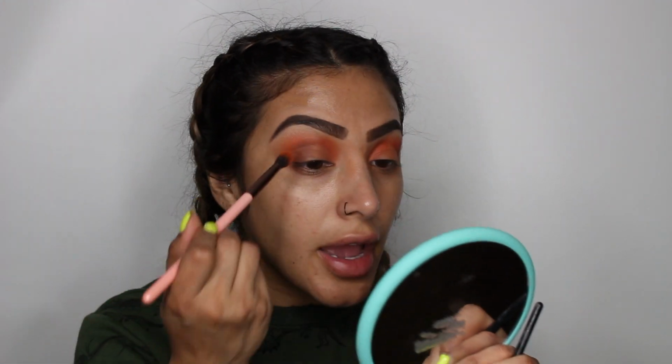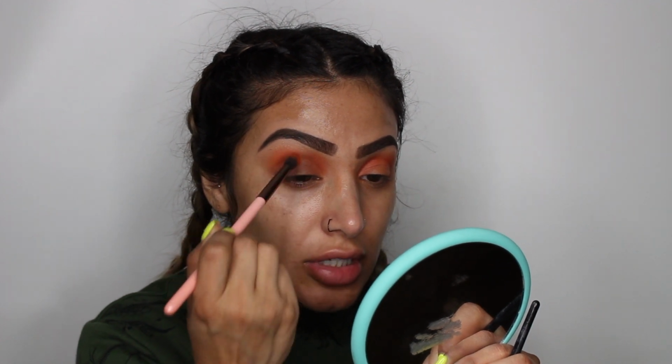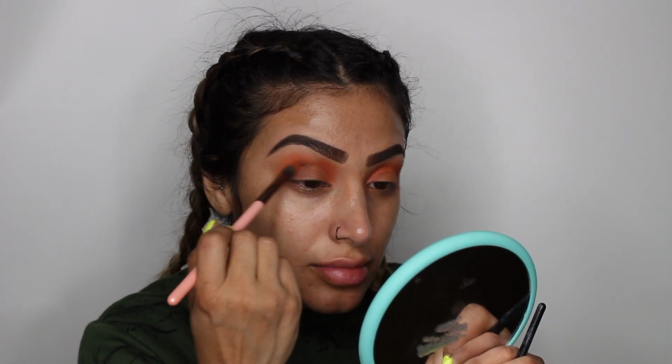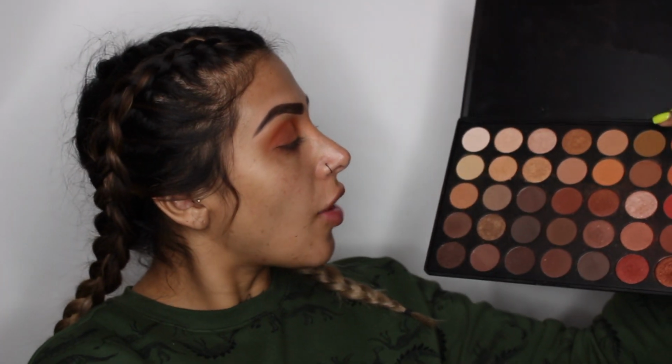If you do feel like you're losing the orange, go back with that same brush and just blend it out. Add a little bit more orange if you do feel like you're losing it. I do want to make the brown a little bit darker,